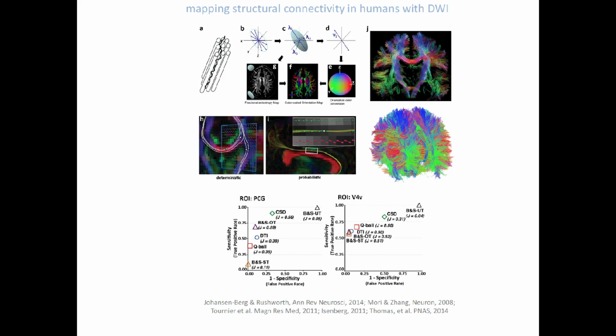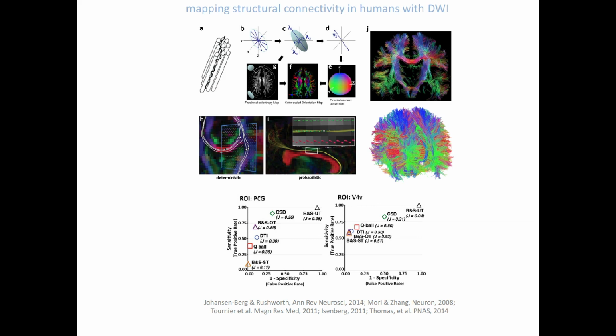Probably some of you are familiar with this, but the basic idea of diffusion MRI is we're measuring how water molecules diffuse in the brain. White matter axonal bundles act as barriers to that diffusion, so water is more likely to diffuse in the axis parallel to the fibre rather than perpendicular. So there's this directional component, and we can map at each voxel the amount and direction of water diffusion,